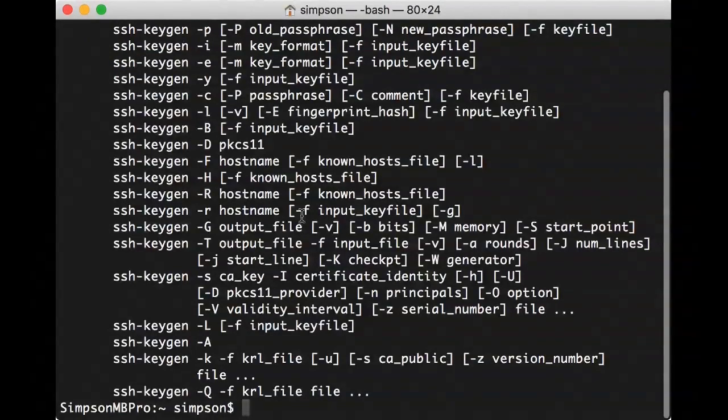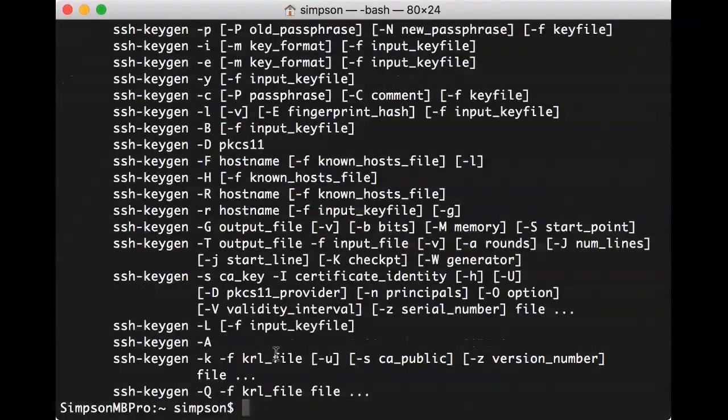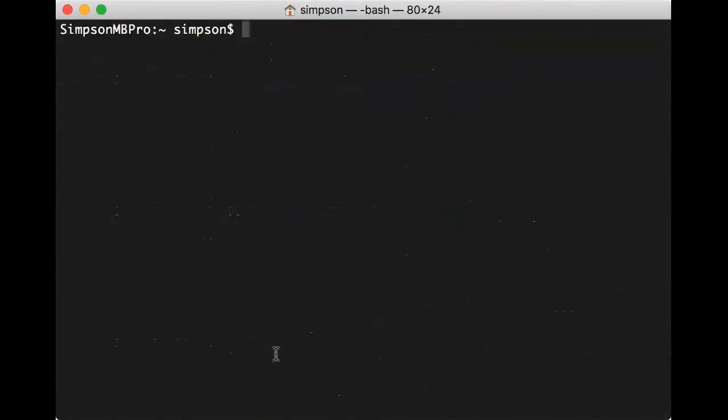Apparently, I gave it too many arguments. Oh, you know what I forgot? Sorry. I'm going to type clear here. It's okay. It's good for you to see mistakes. That's just going to move everything up so it gives me a blank screen. I'm going to press up on my keyboard again. You can see there's the clear command, and if I press up one more time, I'll get the command that I just typed. So that saves me typing. I'm just going to left arrow back. What I forgot to do was put in the -f flag before the name. The -f flag says what follows is the file name.